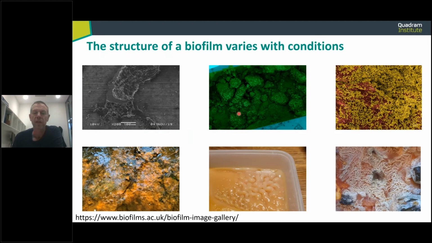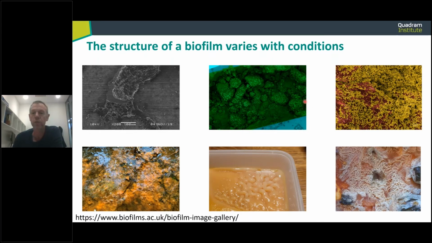Okay, so here are just a few pictures demonstrating some of the variety of biofilm structures that you can find. These are all taken from Biofilm Brain Hub, which is a website that the UK National Biofilm Innovation Centre and Quadrum helped to put together. So these images are all available there. You can see a couple of environmental biofilms, one from a dry environment in the top left. This is a surface biofilm where there's not much liquid, and down here on the bottom left you have a stream where you can see the bacteria oxidizing and creating these orange structures.